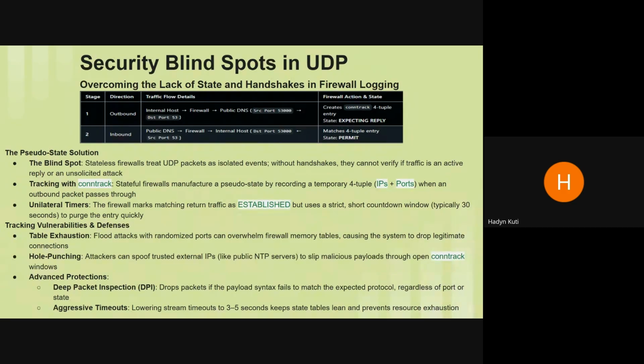Second is port spoofing hole punching. If an attacker knows an internal system frequently queries for a specific external service, they can spoof that service's IP and send malicious UDP traffic through the temporary state entry. Third is limited logging visibility. Standard firewall logs typically only include timestamps, IP addresses, and packet sizes. Since UDP has no connection teardown, there's no clear end-of-session signal, making it difficult to determine whether traffic was legitimate